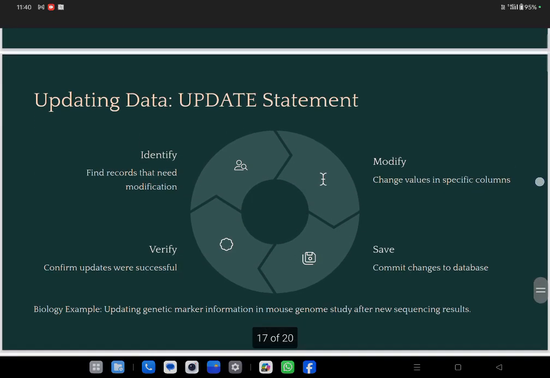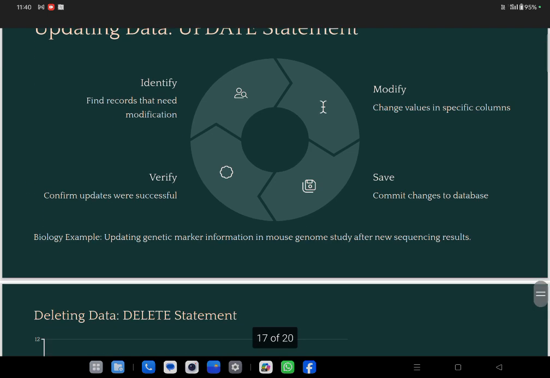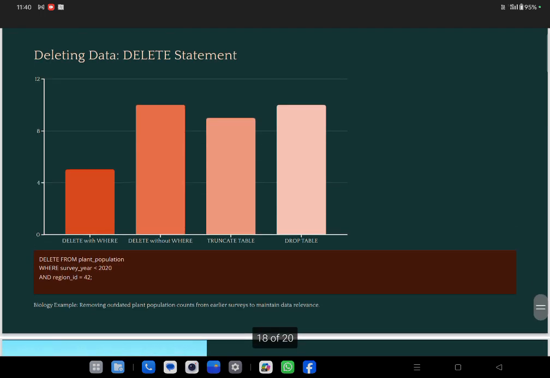Then you have the update where it will identify, modify, save and then verify. এই চারটে স্টেপ হবে। Example, updating genetic marker information in mouse genome study after new sequencing results. ঠিক আছে, তারপরে সিমিলারলি delete, removing outdated plant population counts from earlier surveys. নতুন জিনিস হচ্ছে, আউটডেট হয়ে গেছে, এবারে নতুন জিনিস ঢোকাচ্ছে।